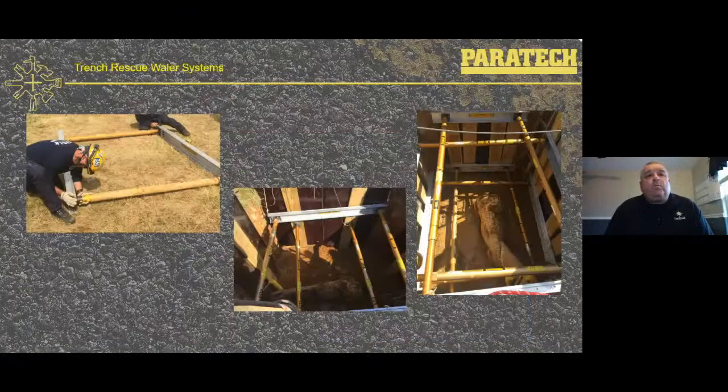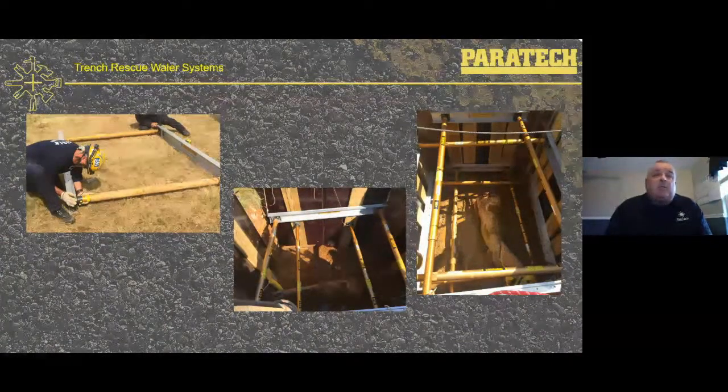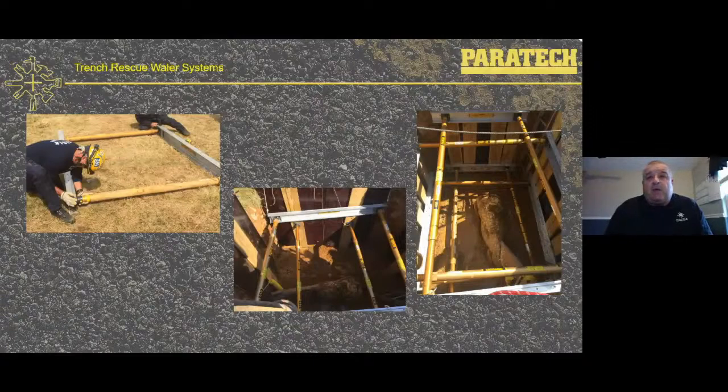Here is where we are building a system on the outside of a trench. If you take a look, we've got 2 gold struts in place, locked in with stop blocks. Then we can lower this into the trench. As you see, this is a horse in a trench in a hole. We need a lot of space so we can get that horse out of that hole, out of that trench,